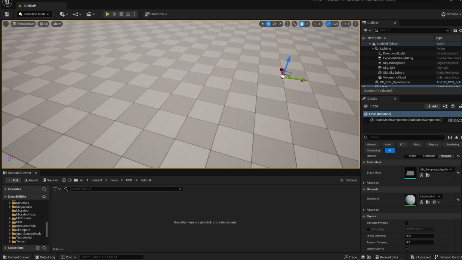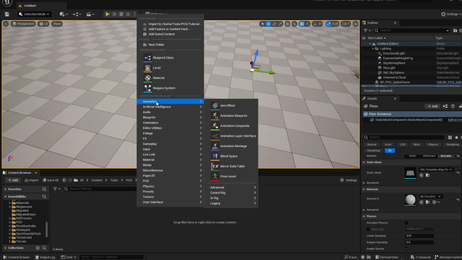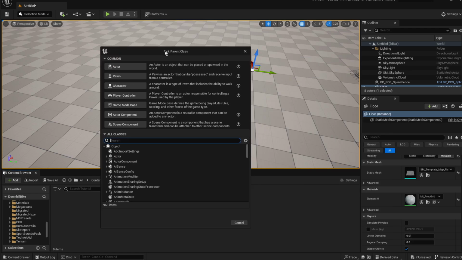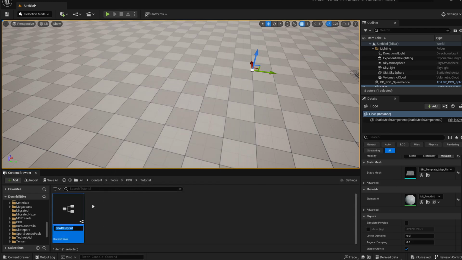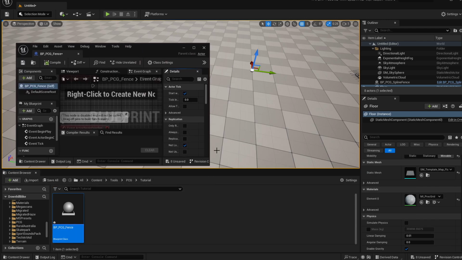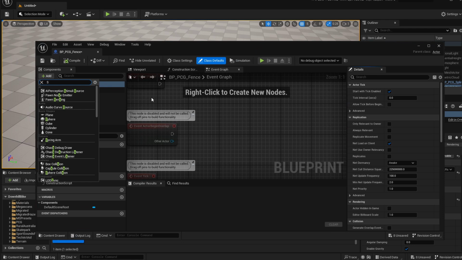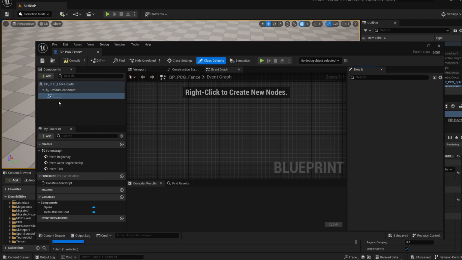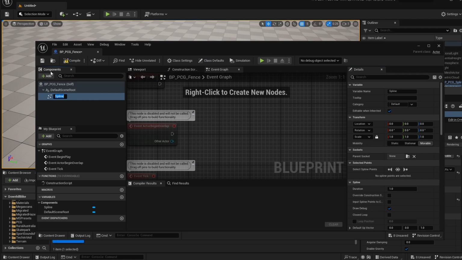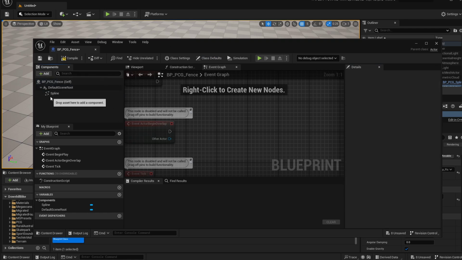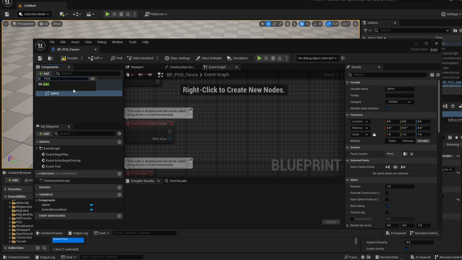Let's first start with how most tutorials show you to do this task. First, create a blueprint. Let's call it PCG underscore fence. Let's actually put a BP in front, so it's a blueprint naming. Now, inside this blueprint, we'll create two components. One will be the spline that we'll use to generate the fence. So click on the add button here on top of the components panel, add a spline, then add a PCG